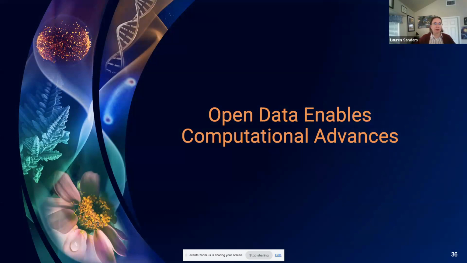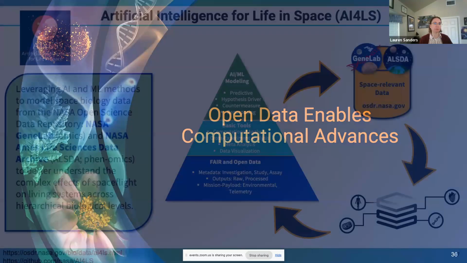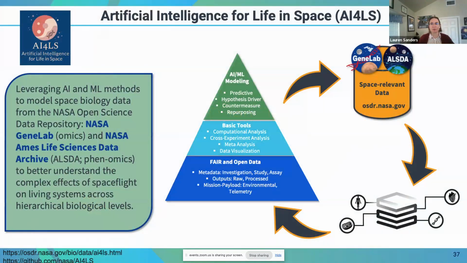So in the last part of my talk, I wanted to focus on some of the ways that we've seen in the past few years how access to open data and standardized data can enable computational advances. Some of the work I'm going to focus on here is from an initiative that we started at NASA Ames a couple of years ago called the Artificial Intelligence for Life in Space Working Group, or AI for LS. The goal here was to see how we can leverage these advanced AI and ML computational methods